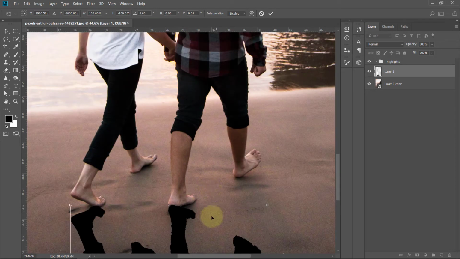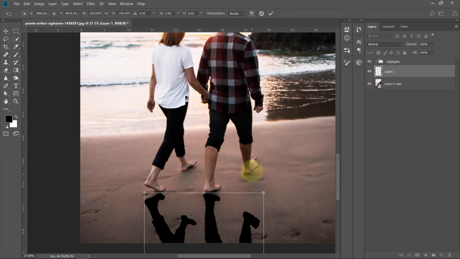As you can see, one foot is touching, but the second foot is not touching their feet, so the shadow is not looking perfect. This is the issue that we all see whenever we create realistic shadows. So how to fix this? Let me show you how we can fix this.